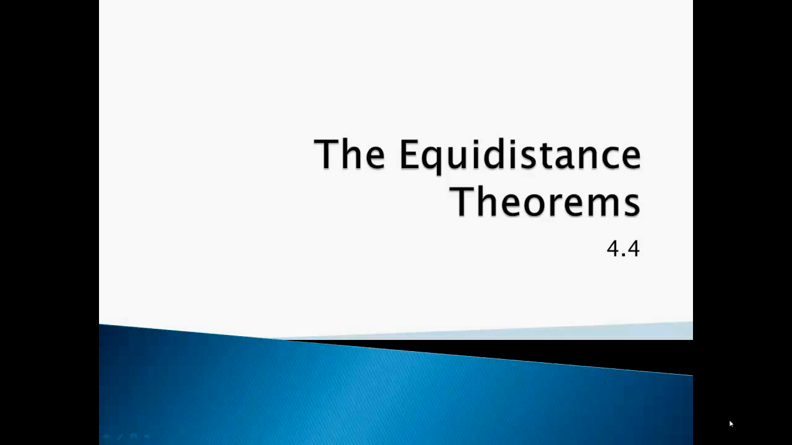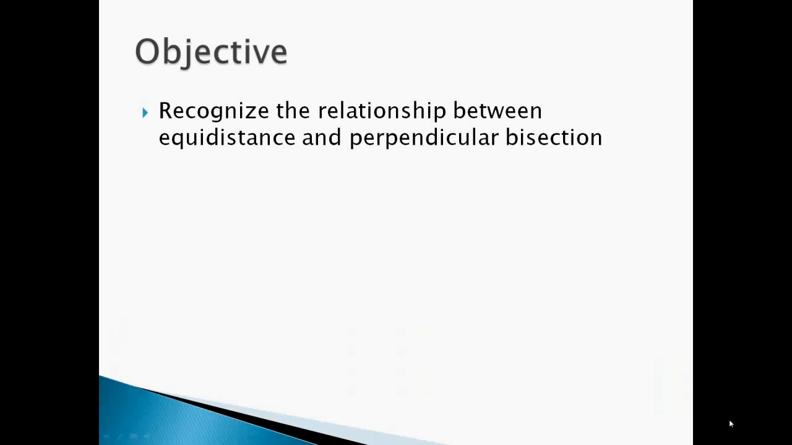Okay, equidistance theorems, 4.4 in your books if you want to follow along. The objective of this lesson is to recognize the relationship between equidistance and perpendicular bisection. Basically, what this is going to do is save you a multitude of steps, and I'll give you an example